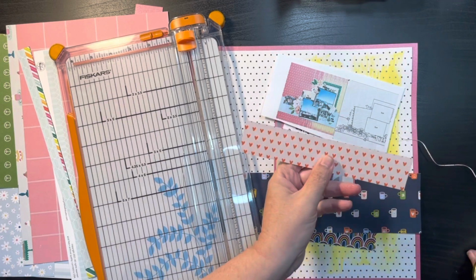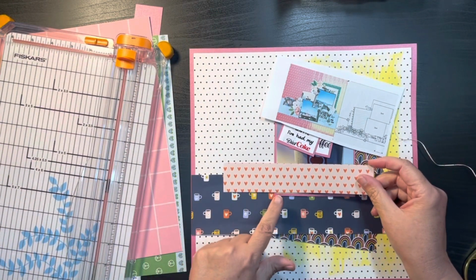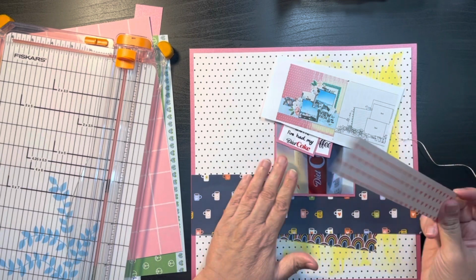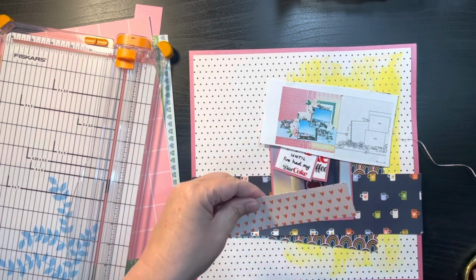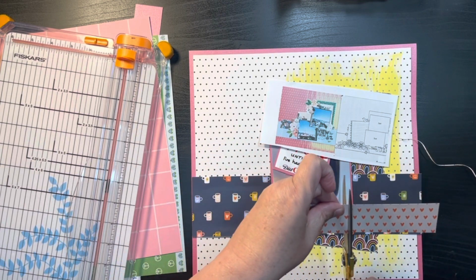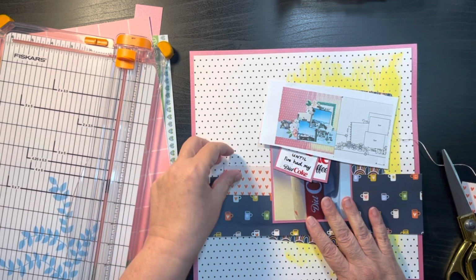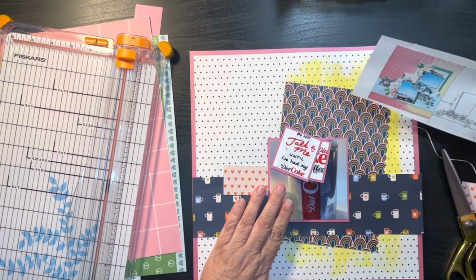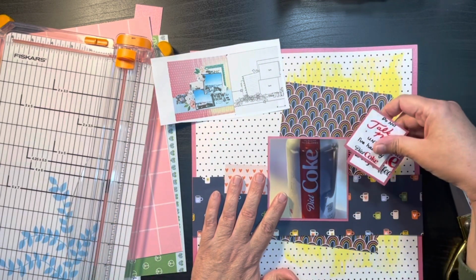Just had a little bit of a white edge on the top I didn't want, so we'll chop that off. And I don't really need a big piece. Moira's piece is fairly small, so I'm thinking just half of this will work. So we'll put this here. And then she's got another piece that looks like up above these photos. So if I put,